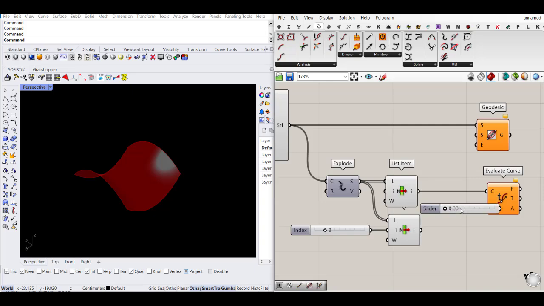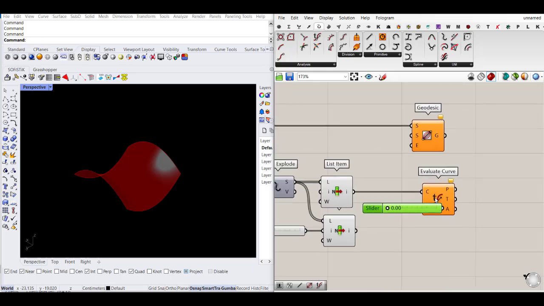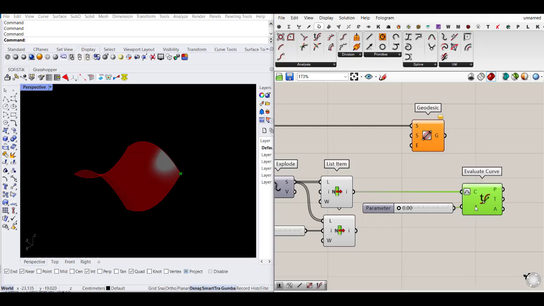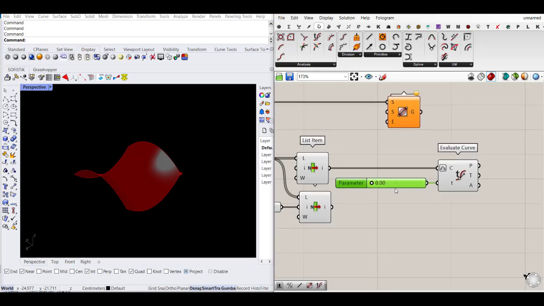So I will write 0 to 1, and then I can reparameterize this curve to make it easier. Otherwise this t-value should be in the range of these lengths, which is hard to do. So just to make it easier, I put it on 0 to 1 and change the domain of the curve, or reparameterize it, from 0 to 1. So now I can have this point 0, which means the start of this curve, or somewhere between, and 1